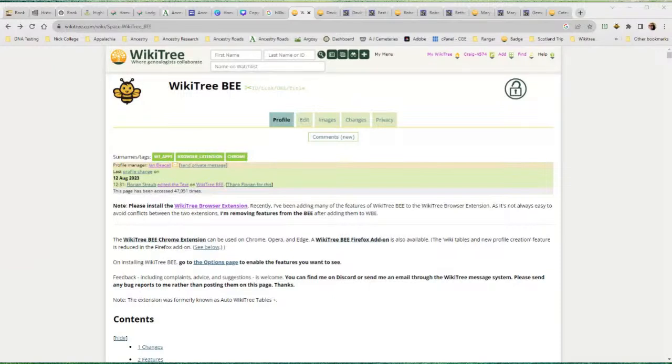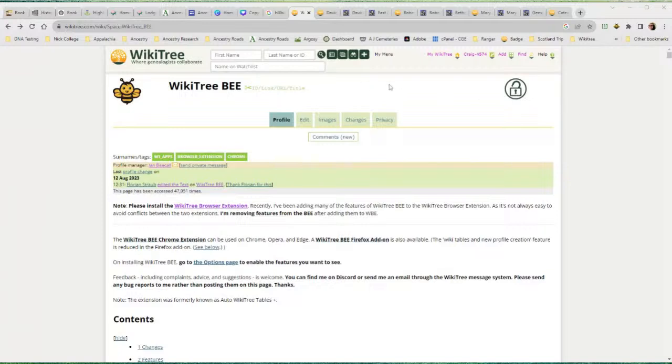Let me give you a little bit of background. I was mentioning to Flo from the Germany Project, a WikiTree friend of mine, how long it takes to create cemetery categories. And he said he might have an idea to help me out. So he created this little program for us. And Ian, who has created B, pulled the information that Flo created into B. And if you have WikiTree B, you can use this really quick and easy function to create a cemetery category